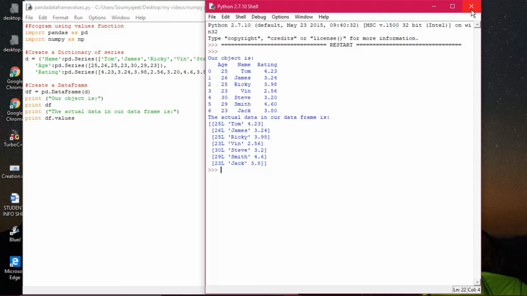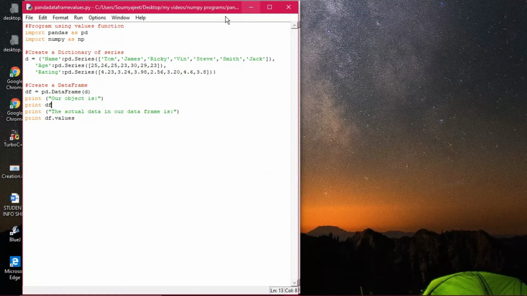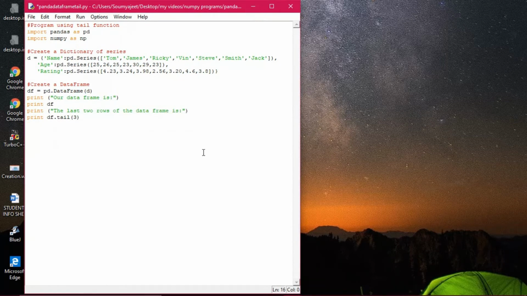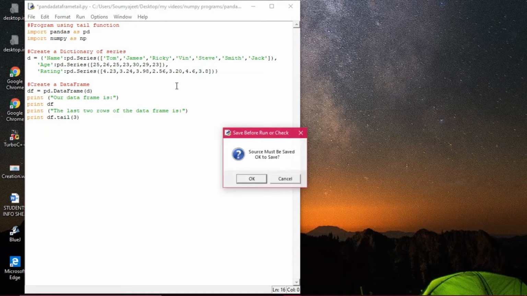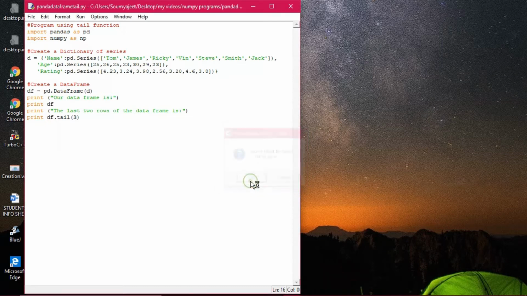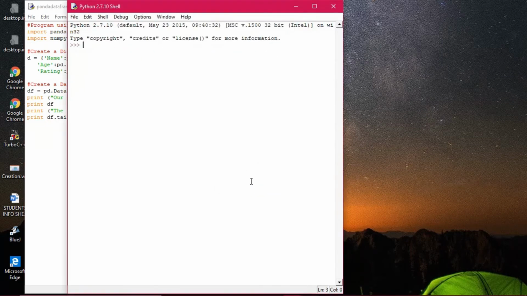After this, we will see how the tail function is working. I've given tail 3. Tail 3 means this will display the data of the last three rows from the end. Now I'm executing this program and running the module to see the output.